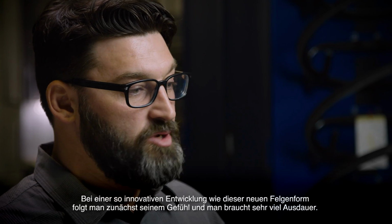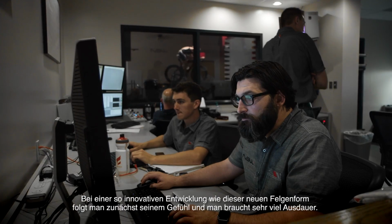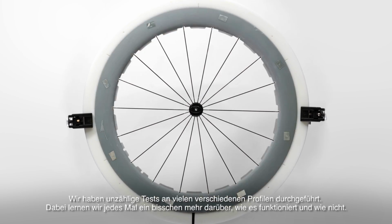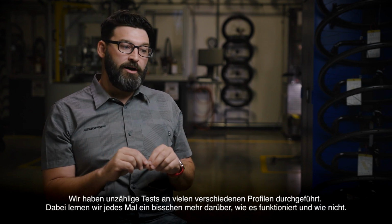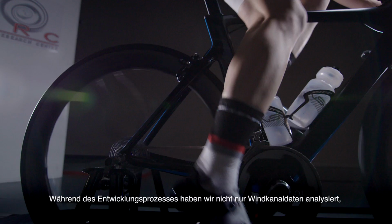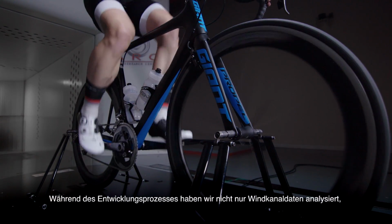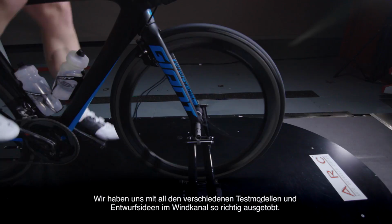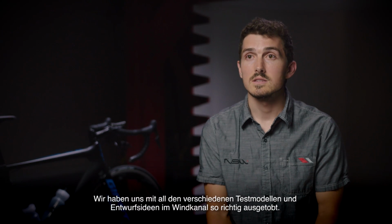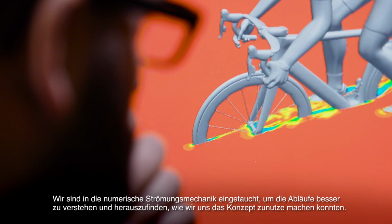When you're designing, especially out-of-the-box stuff like this new rim shape, it starts with a hunch, and it really takes a lot of perseverance. We've tried many different profiles over many different tests. Each time we learn a little bit more about how it works and how it doesn't work. During the development process, we not only looked into wind tunnel data, but we also wanted to model this using some more modern day technologies. We just went crazy in the wind tunnel with all the different iterations, new design ideas. We dove into CFD to try to understand what was going on and how we could harness this